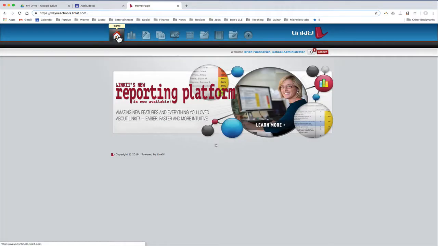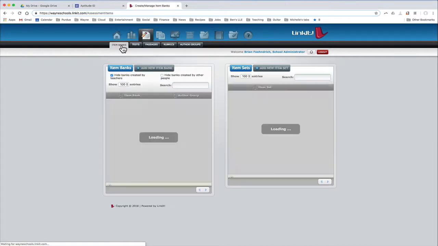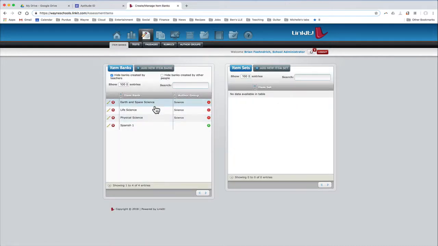So here we are at the home screen. We've gone to reporting and we're going to bypass that one. We've talked enough about that. We've been in test design and we've been into item banks. This time we're going to go into test, but just to refresh your memory, this is item banks, where we created questions in order to put them into banks and then be able to select them later. Specifically, we looked a little bit at this one that I created for life science,